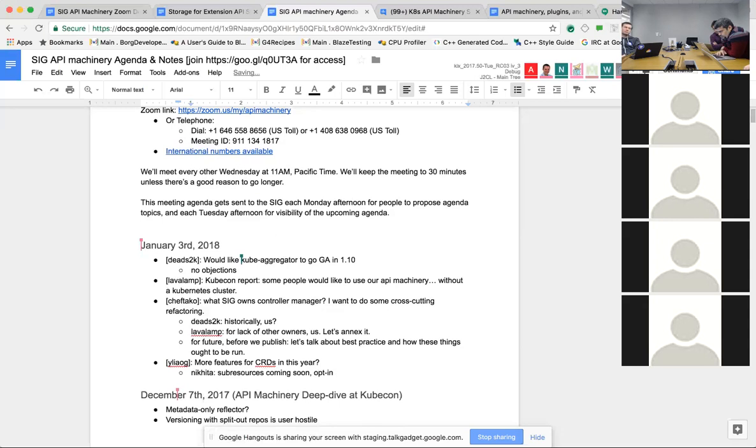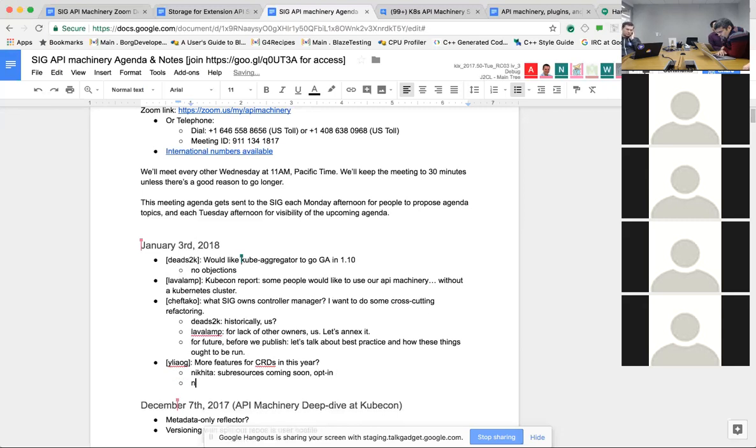What was the second thing you mentioned, Nikita? Sorry, could you repeat that? What was the second one that you mentioned? Status and scale sub-resources. After that, field selectors. What do field selectors mean to you? Well, the idea technically is to provide a whitelist of selectors in the CRD spec, but it's going to need a design proposal, and I haven't fleshed it out yet. Okay. But it's going to take time.